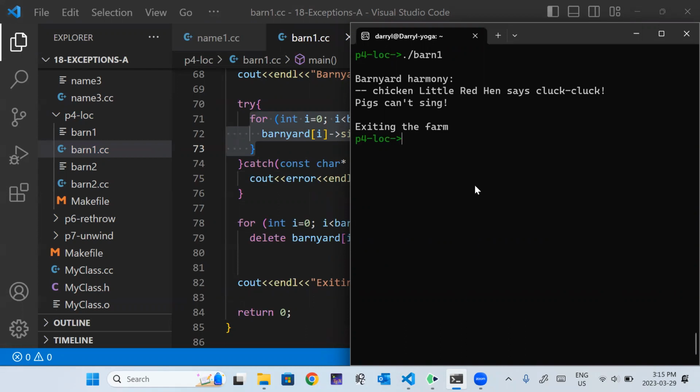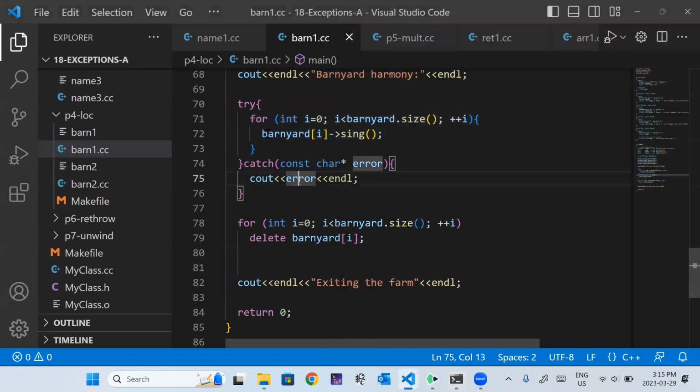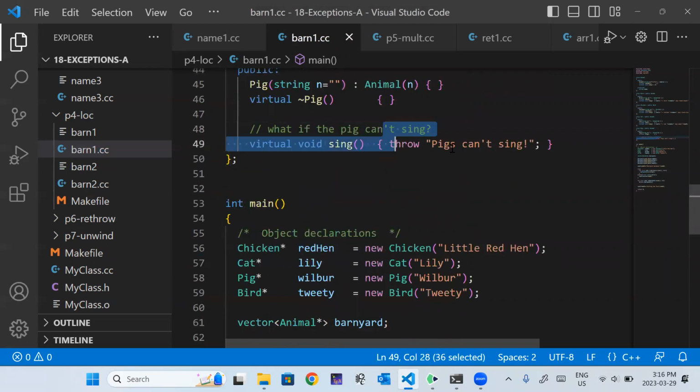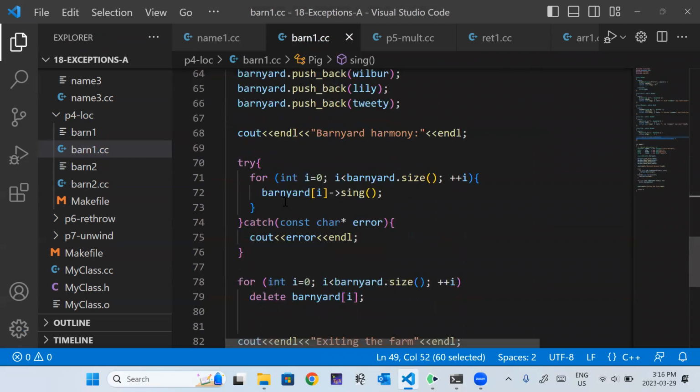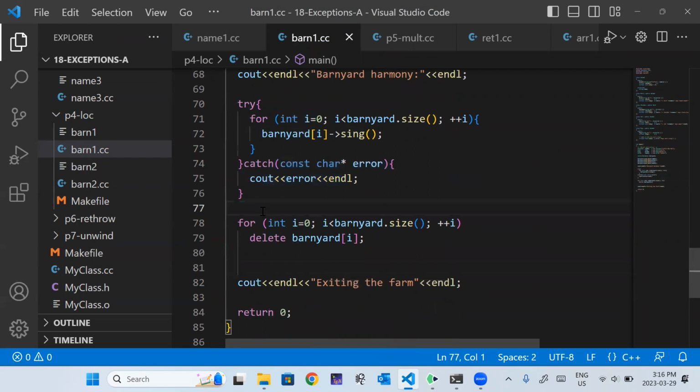Okay, so we start with the little red hen says her cluck cluck, and then we reach the pig, and the pig throws the error, and then it says pigs can't sing. So inside here, we have the error thrown, right? When we call the pig sing function, it throws this error. We abandon this try block, and we resume our control in the catch block. We print out our error, then we delete everybody, and then we leave the farm.